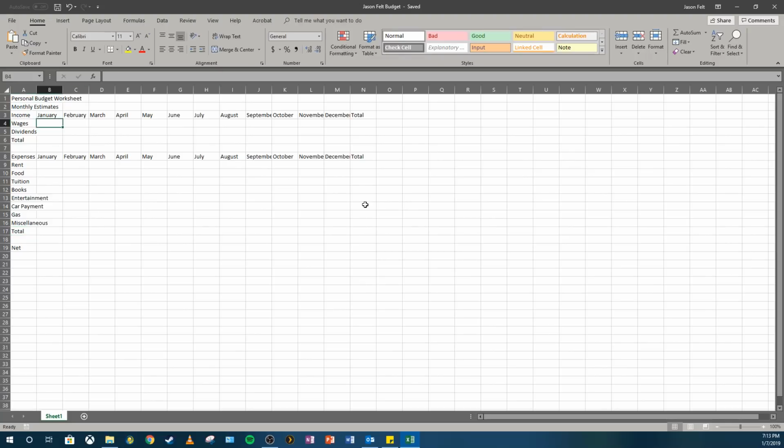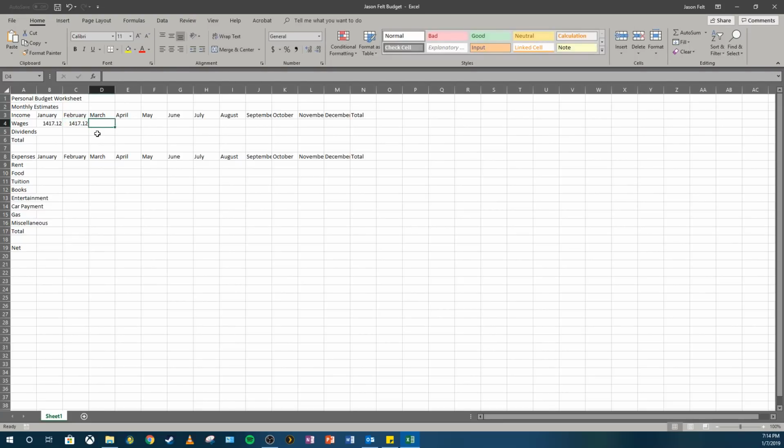Okay, so let's put in our data. For January, our wages were $1,417.12. That's for the whole month of January. You brought home $1,417.12. That's not a lot either. That's a good job while you're in college. That's probably why they have rent, food, and tuition. So they're bringing in, for the month of January, $1,417.12. Okay, same thing here,